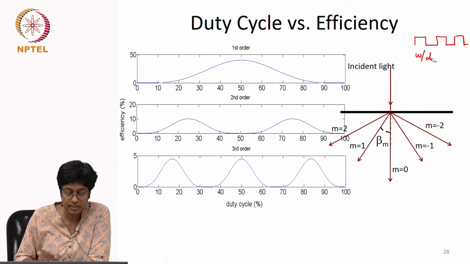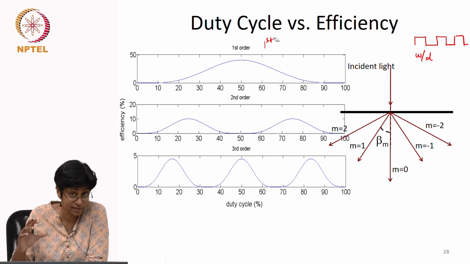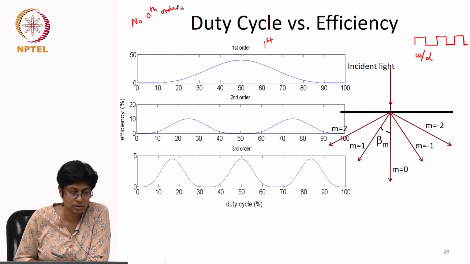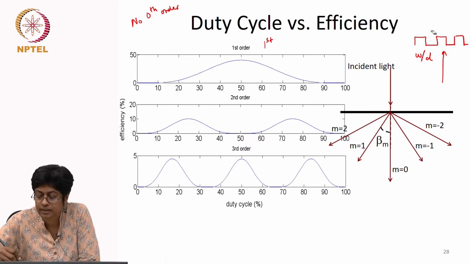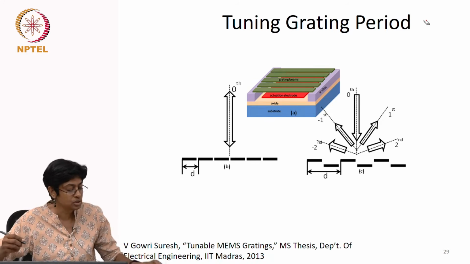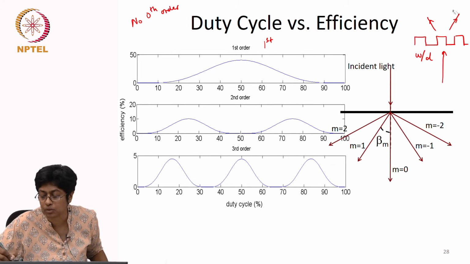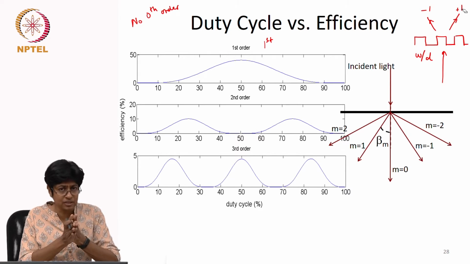So what these three graphs show, this is for the first order. Remember, you have chosen the height correctly, so there is no zeroth order. Okay? So it's only the higher orders. And this structure is symmetric. So if there's light incident here, some amount of light goes into the first order and an equal amount goes into the -1 and +1 orders,